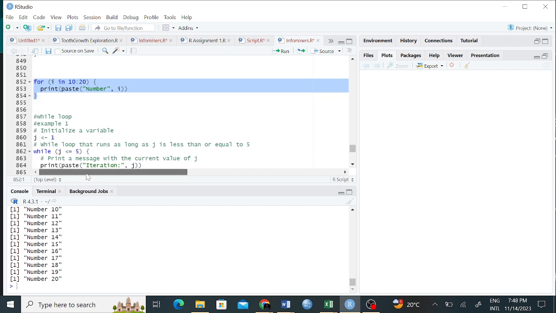So that is a for loop, right? Another one now is the while loop. There's the for loop and the while loop, and then there's something that I did not mention to you, which is nested functions. You can have a function inside a function. Maybe we'll touch on it tomorrow, but tomorrow I wanted us to do more of R Markdown.